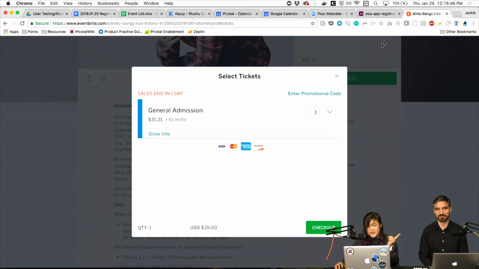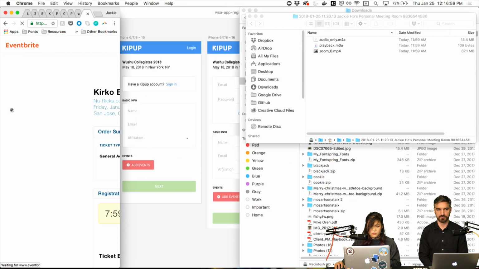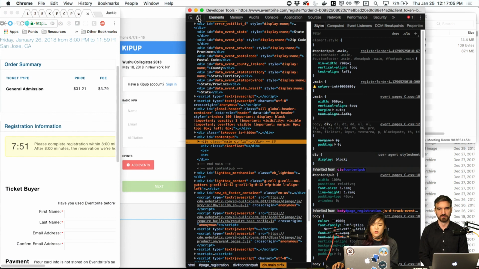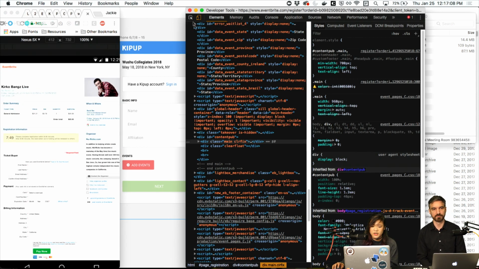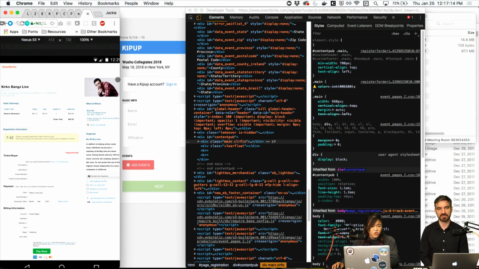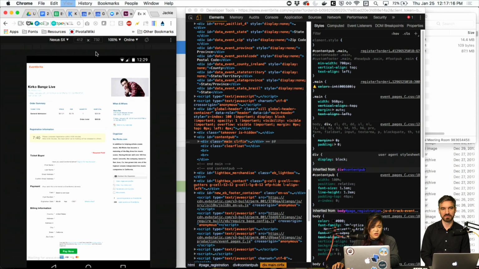What was I saying? Oh yes, Eventbrite. You can buy tickets for an event, but you can also have an Eventbrite account. So we were looking at this flow when you check out, where I'm just going to change my screen size and show you what it looks like on a mobile view. So hopping into the inspector and turning on this little device icon. Oh, this is what I was talking about the other day, where sometimes when you do this with Chrome, it freaks out and doesn't know what's going on.